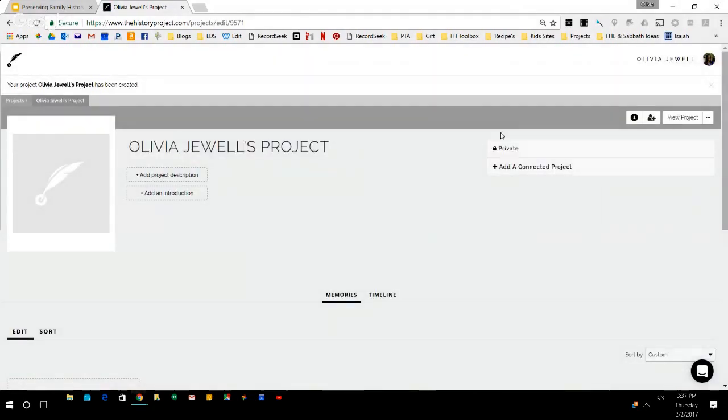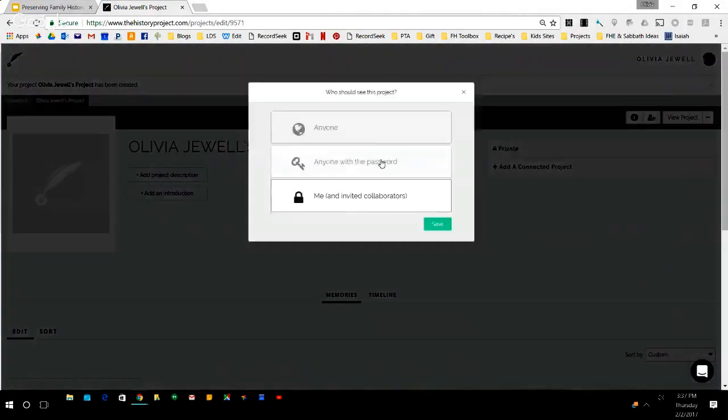Okay, so when it pops up, you get to control your privacy settings. That's really important to a lot of people. So you click this privacy button. You can make it available to anyone, or anyone with the password, or you and the people you invite to collaborate. And when you click on that, it will give you the option to